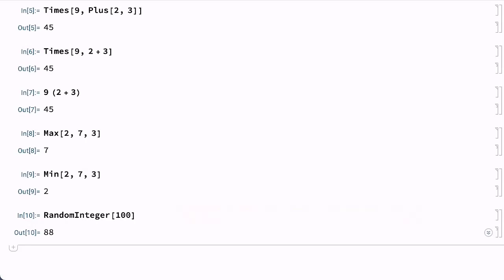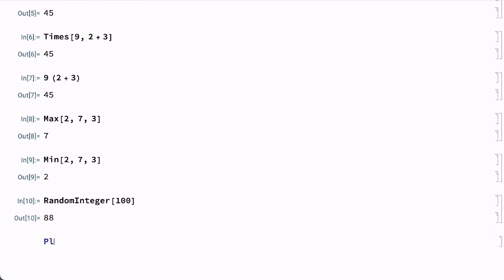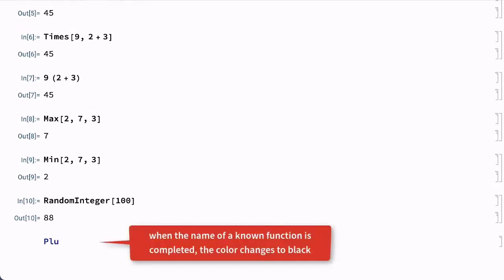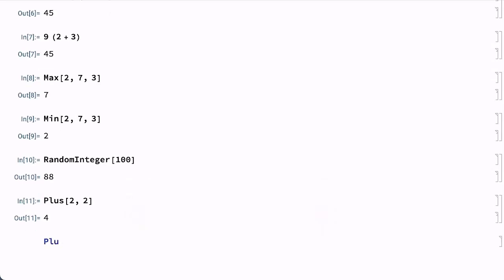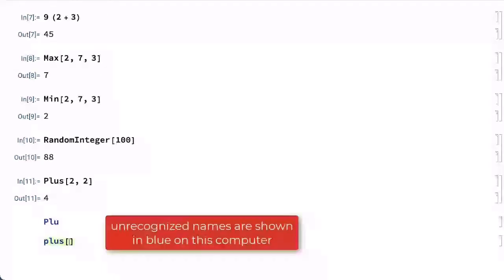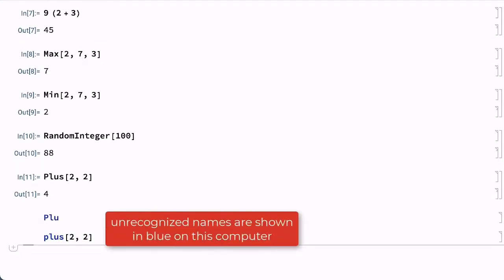Wolfram notebooks include several features to help with getting the names of functions spelled correctly and to help with getting all of the commas and parentheses and square brackets in the right places. For example, as this input is entered, the color changes to black when the input is something that the Wolfram language understands. On this computer, if the name of the function is incomplete or is spelled incorrectly, the color of the input is blue